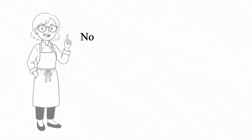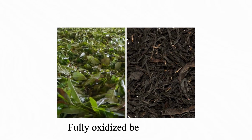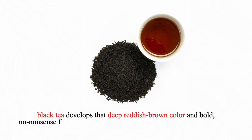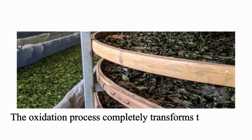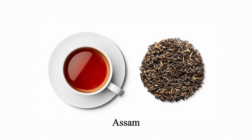Black tea. Now we've arrived at the tea everyone actually recognizes. Fully oxidized before drying, black tea develops that deep reddish-brown color and bold, no-nonsense flavor most people picture the second someone says tea. The oxidation process completely transforms the leaves, creating those malty, sometimes fruity notes found in Assam, Darjeeling,